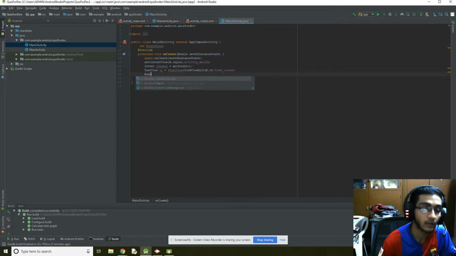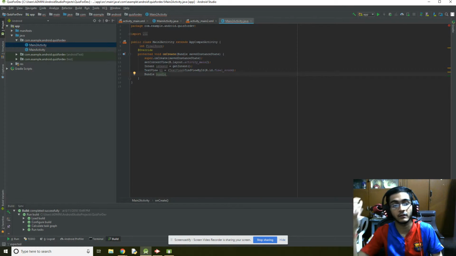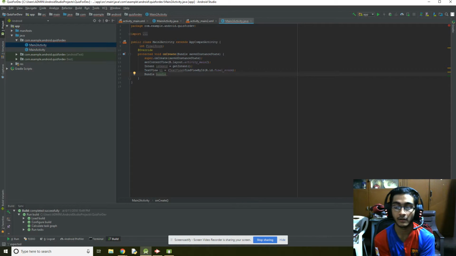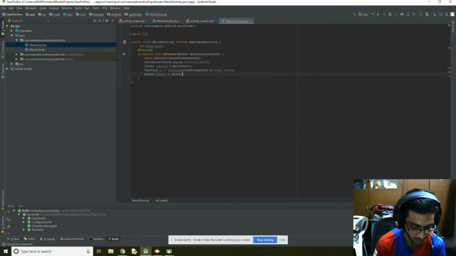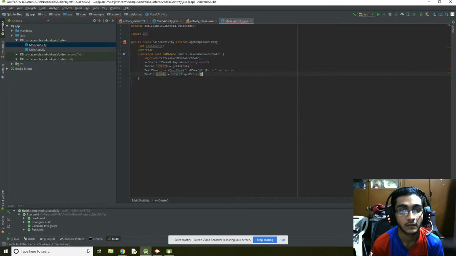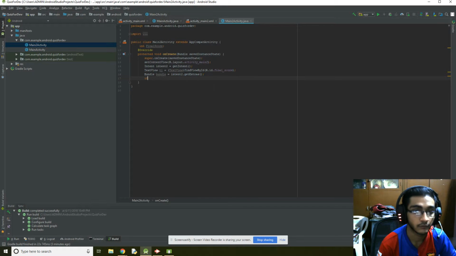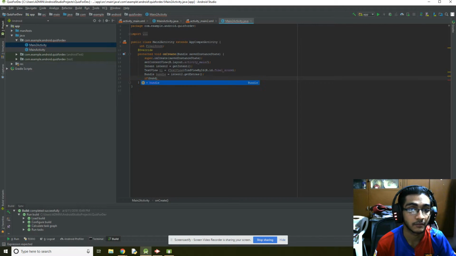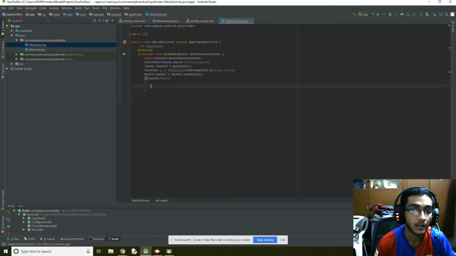Now there is something called as the bundle. So I want you guys to imagine bundle as a bundle containing all the data from the intent. Like you have a bundle of books, like it's mixed, and you're just scraping out the intent that you want. So you can do that. Get extras. We already passed an extra in our previous one. So bundle is not equal to null. We know that something is being passed, or else it's false, right? So from there, we can assign now the final score